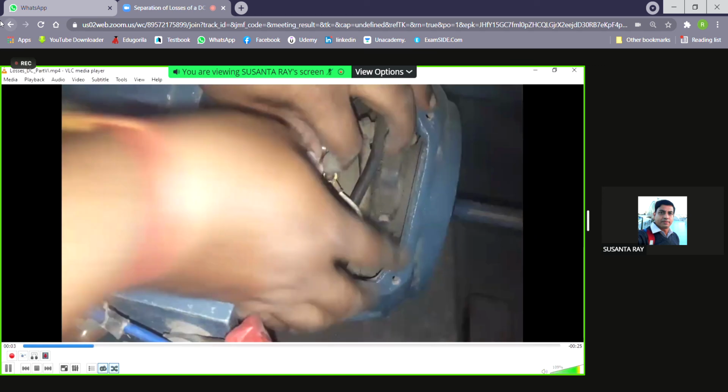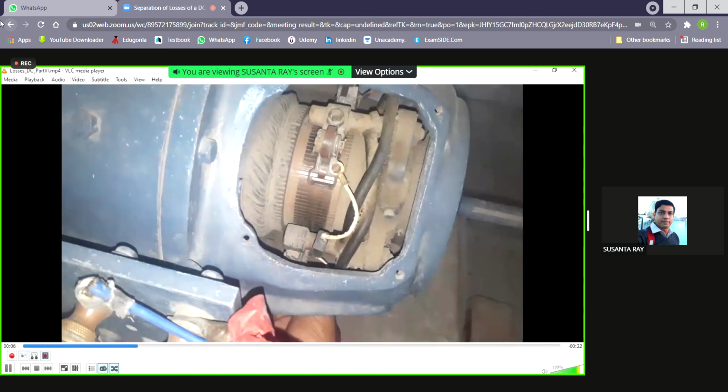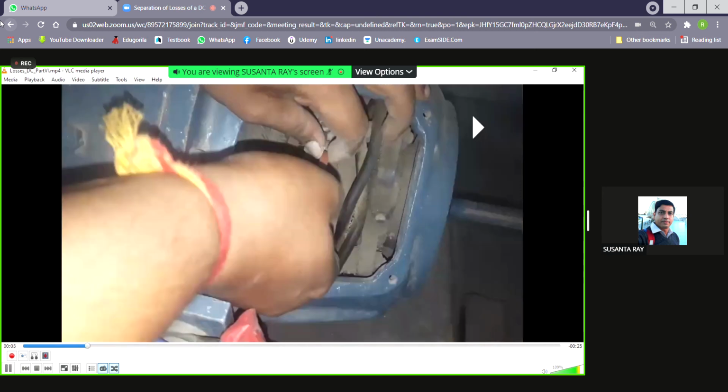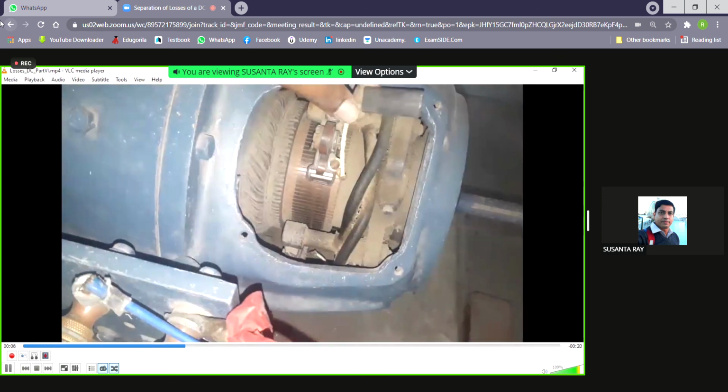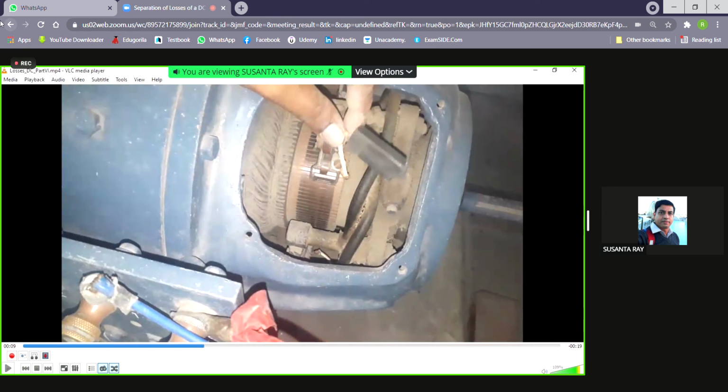By the brush holder. Okay, so this brush is made up of graphite, electrographite. So we are removing the brush from the spring. So this is the spring যেটা আমি বলছিলাম, which maintains 1 kg force pressure. So we are removing the brush from it. All the 4 brushes will be removed. In this way, we can avoid the brush friction losses. The same run will repeat, but here we will not have any brush friction loss. Again, in this way, we can separate the brush friction loss out.